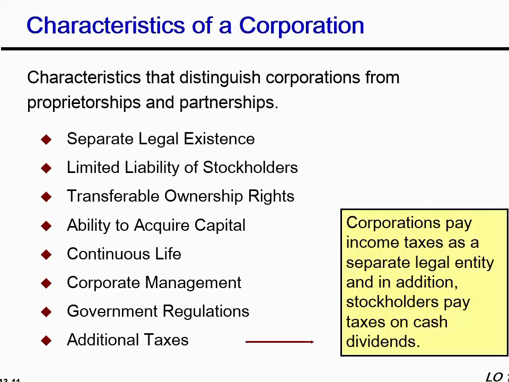Sole proprietorship and partnership, they are taxed only once, because the businesses are not considered separate from their owners. Whereas in case of corporation, it is dual tax. When I say dual tax, it means that firstly, corporations pay the income tax on their income, and then the income is distributed as dividend to the owners, and then owners pay the tax on the cash dividend. So it's actually the same income which is double taxed. So this is another disadvantage of the corporation.